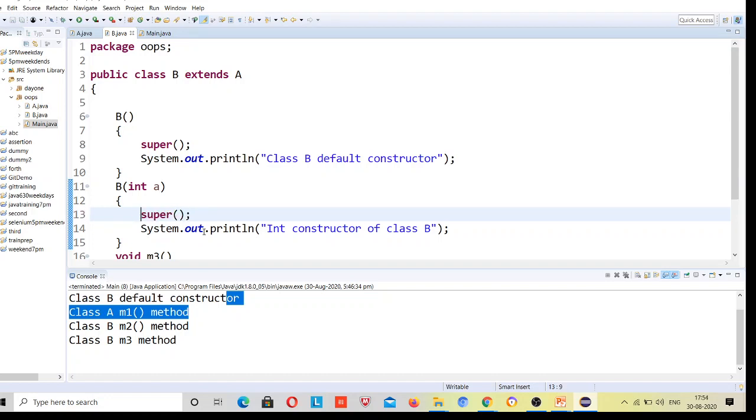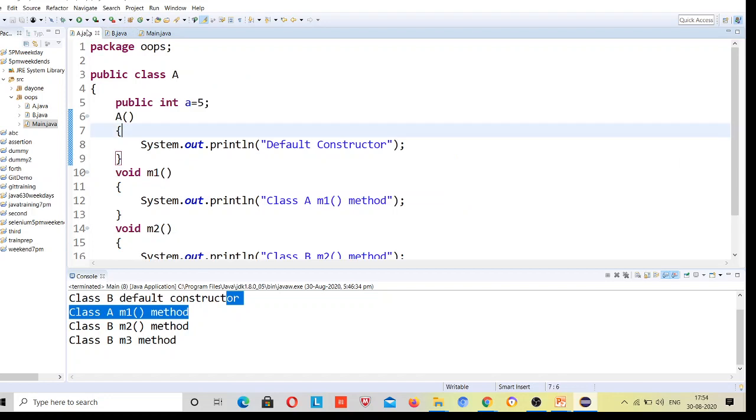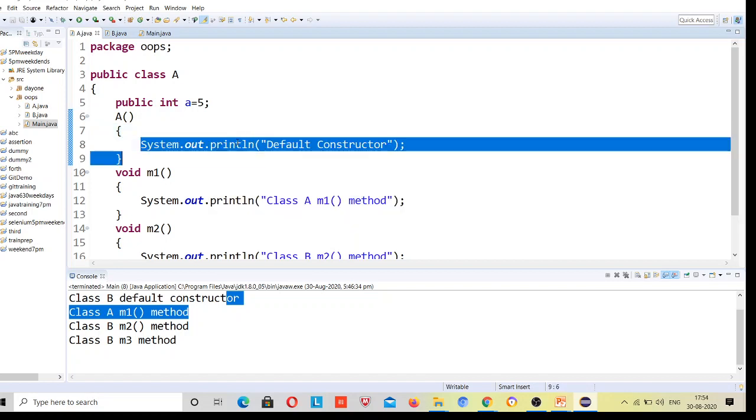So it will first come here and say call the constructor of the superclass with no parameter. It will be calling the constructor of its superclass which doesn't have any parameter, so it will go there. This is the superclass constructor with no parameter, so first it will print this default constructor.